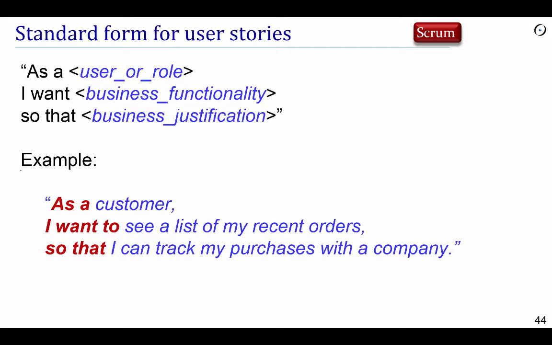There's a standard form that has emerged in the Agile world for representing user stories, these pieces of functionality, as a something, I want something, so that something. The first something is a user or role, for example, a customer. The second something is a business functionality, such as see a list of recent orders, and then there's a business justification. And so a typical example would be, as a customer of an e-commerce site, I, the user, want to see a list of my recent orders so that I can track my purchases with a particular company,